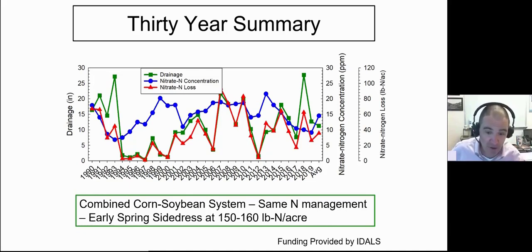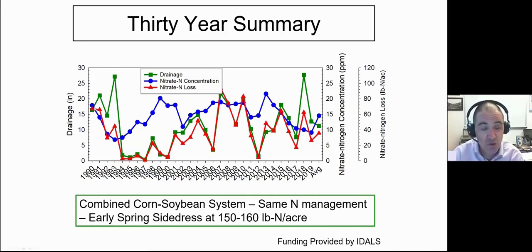This is following 30 years of a corn soybean cropping system with essentially the same agronomic management of the crop, essentially the same type of tillage, the same timing of nitrogen application for that corn crop, and the same nitrogen rate for that corn crop, 150 to 160 pounds of N per acre. And what you'll see is that